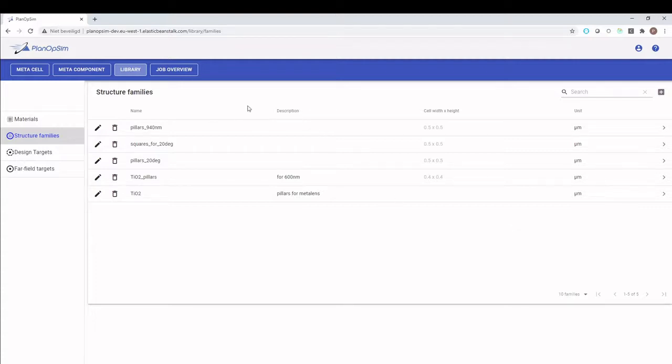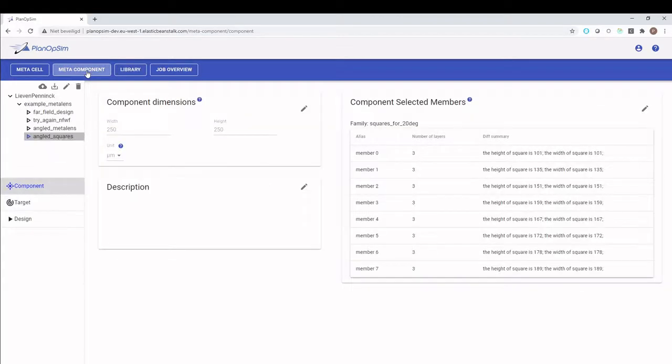So to do that, we've got a family. Now we need to go here into MetaComponent and create a new component. This has a project tree similar to the meta cell. So we have projects, which you can think of as folders, and within these projects there are individual components. So let's make a new folder called TiO2 components,